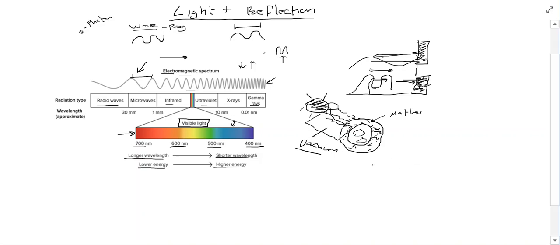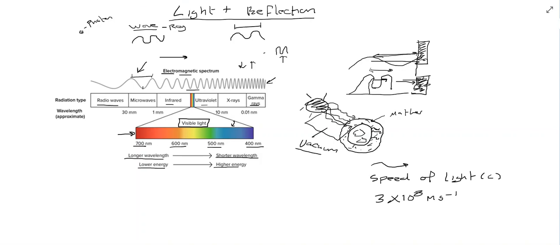Now, these rays of light can travel, and they're very, very fast. In fact, the speed of light, and sometimes they use this small c to represent the speed of light, is insanely fast. It's 3 multiplied by 10 to the power of 8 meters per second. So if you imagine, it's essentially 3 with 8 zeros after it. So it's 3, 0, 0,